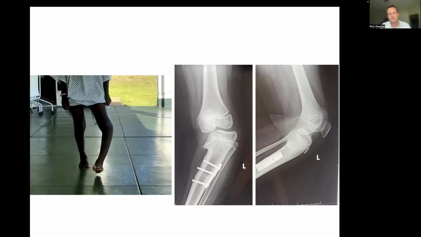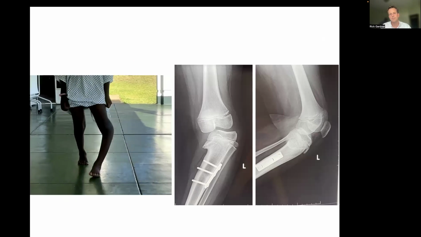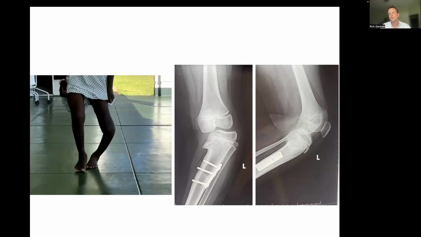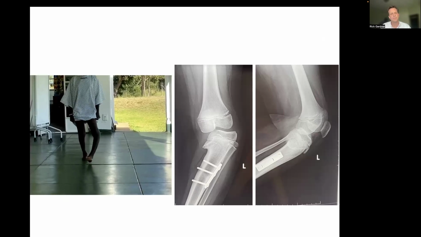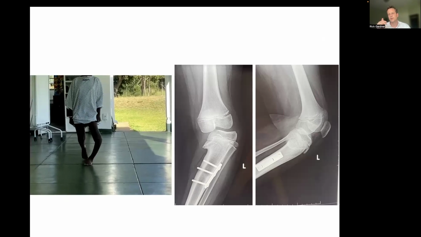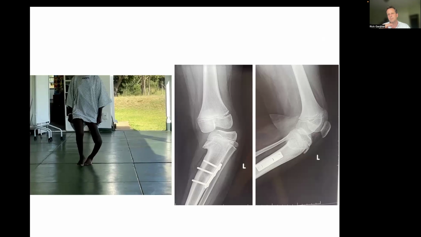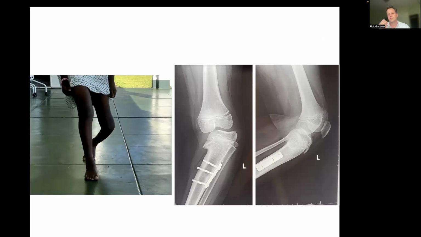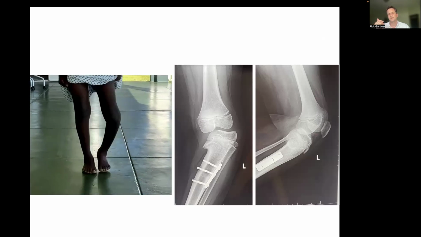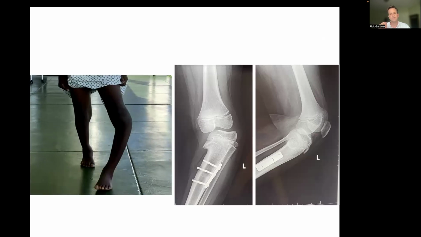Just to highlight recurrence. So a child here, you can see she's walking here with a significant lateral thrust. And this was a child who 2 years before was treated, I think probably had a Langenskiöld 3, maybe 4 level in her progression of infantile Blounts, but no 8-plate had been put on. So it was just overcorrection, very nice x-ray showing overcorrection using a proximal tibial osteotomy. But this recurred very rapidly within 6 to 9 months because no 8-plate had been put on that proximal lateral tibial physis. The disease then progresses, and 2 years on has got severe joint deformity here, a stage 5 Langenskiöld